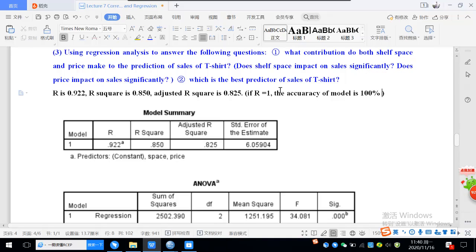If R is 0, that means x1, x2 has no impact on y. So if R is 1, the accuracy of the model is 100%. It's the highest. Now this time the R square is 0.825, so that means